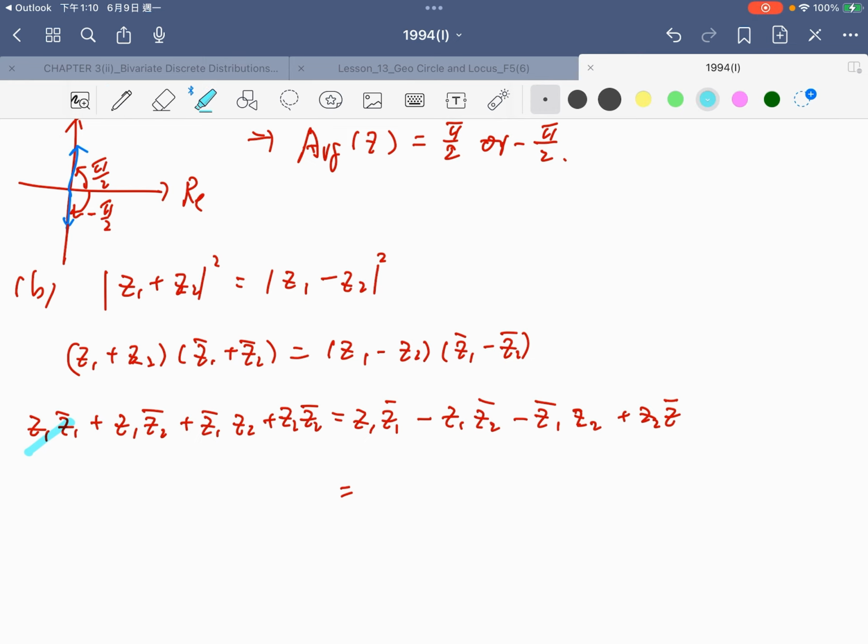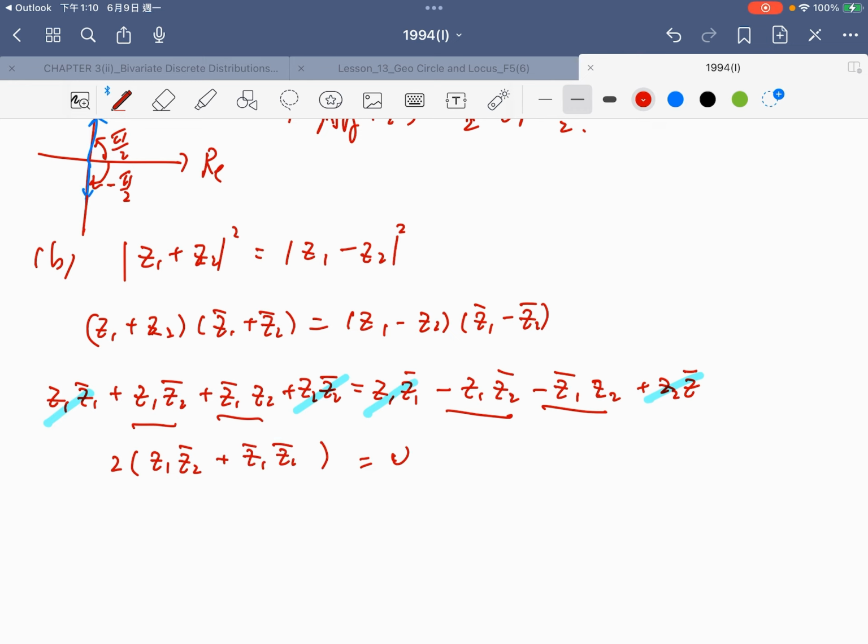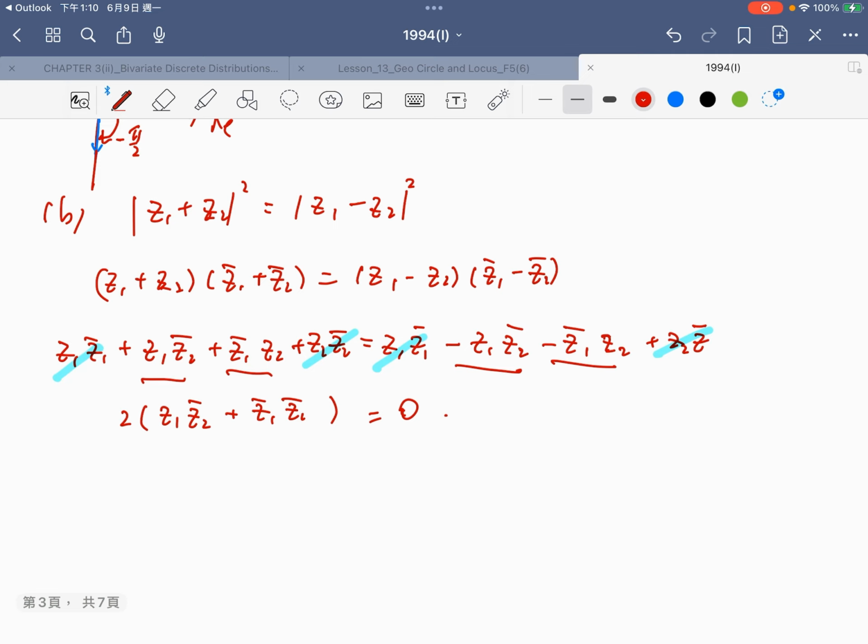And from this we can see that those terms are cancelled, and these terms are the same. These two terms are the same, and therefore we have 2 times z1 z2 conjugate plus z1 conjugate z2 equal to 0. Yeah, and because z1 and z2 are non-zero, then we can divide both hand side by,